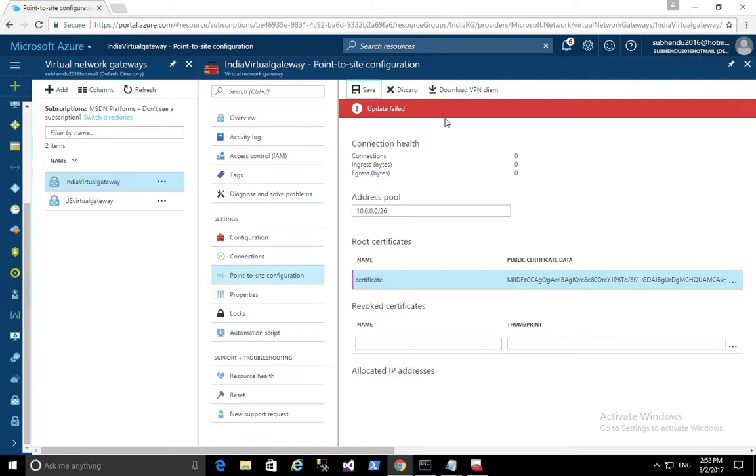To solve this problem, at first we have to remove the certificate from the list, and then we have to add it again. When you do it fresh, it will not give you any kind of trouble. So let me download the VPN client from the portal.